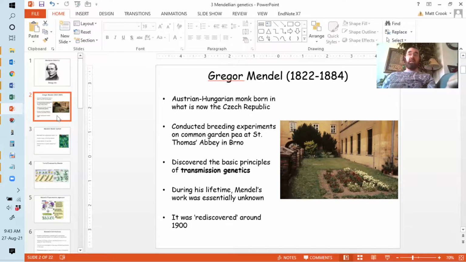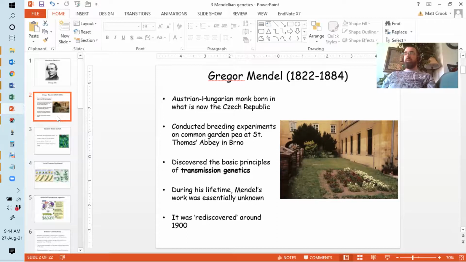We now know that inheritance is down to genes and alleles and things like that. They didn't know any of that 170 years ago. So he actually showed that it was distinct, discrete factors that control traits. Even though he didn't know what those were, he was able to figure out the mode of inheritance and the like. The second thing, which is arguably more important in many ways, is that he pioneered the